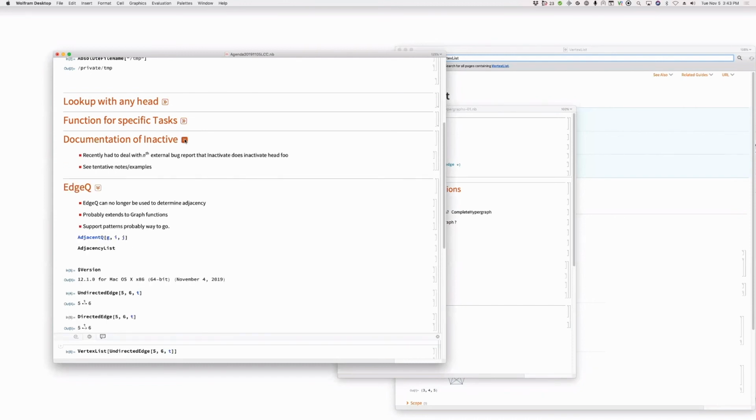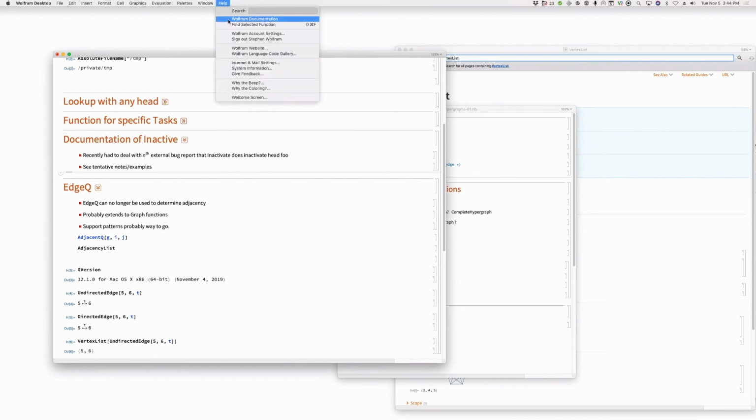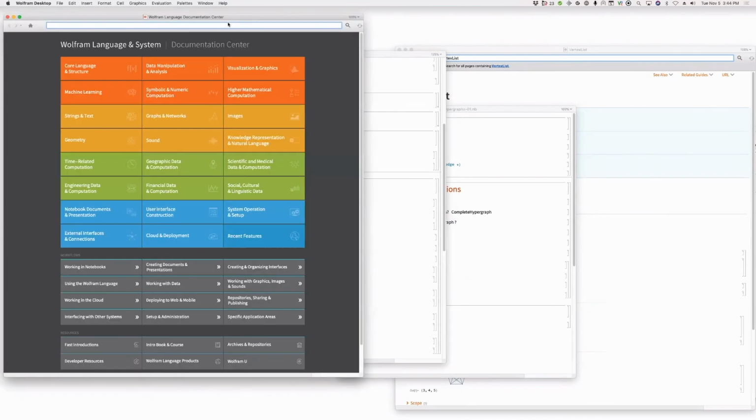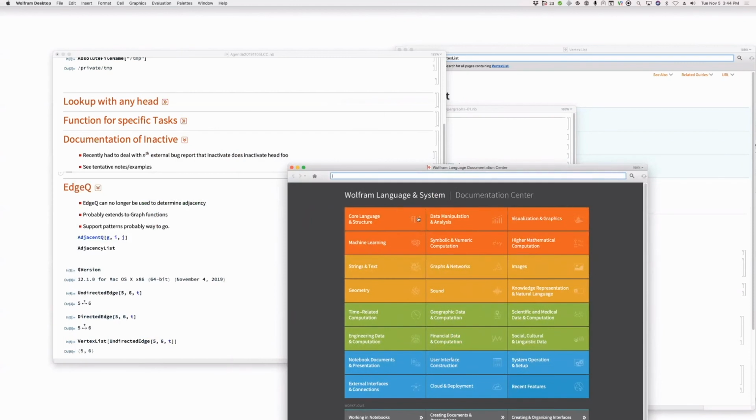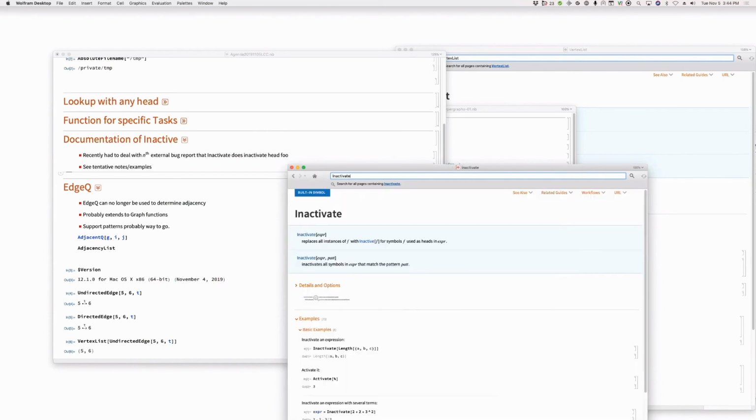That one, I think, maybe it can be reasonably quick. So the documentation for inactive claims it inactivates all heads, which is a lie. And what does it actually do? Well, it inactivates all heads that don't match the things in. So go to the source ref page, because that'll